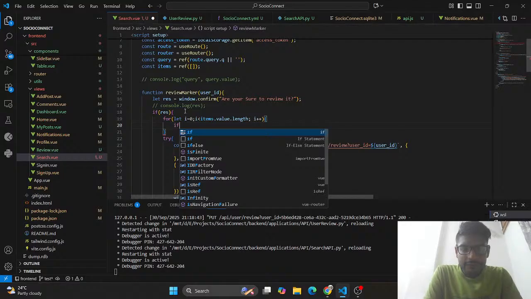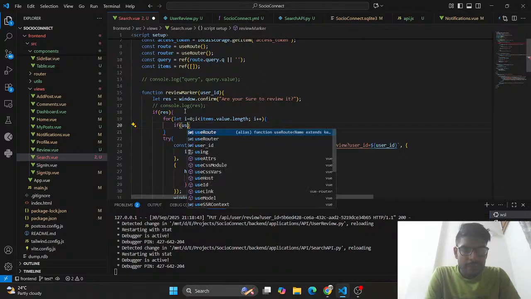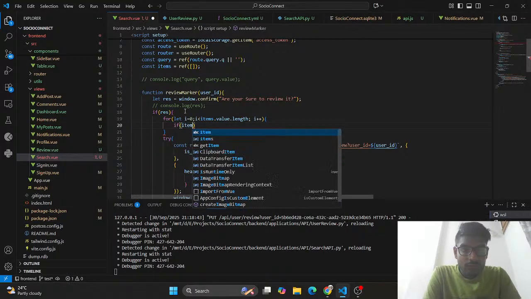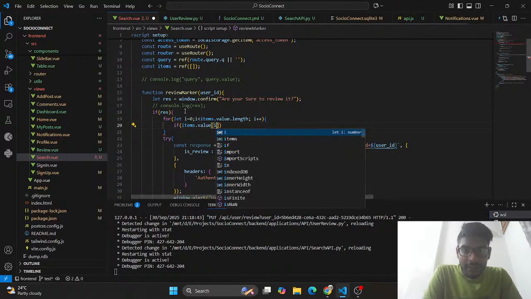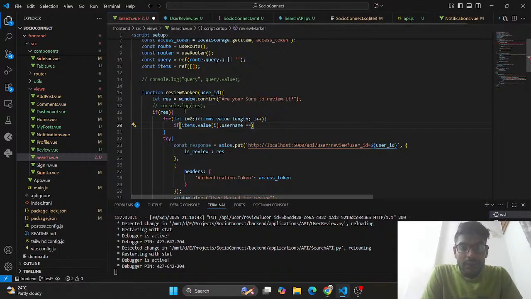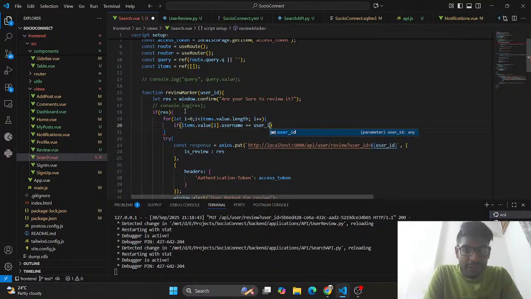Now if items.value of i dot username double equals user ID,